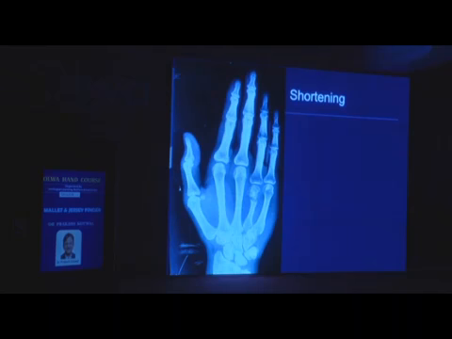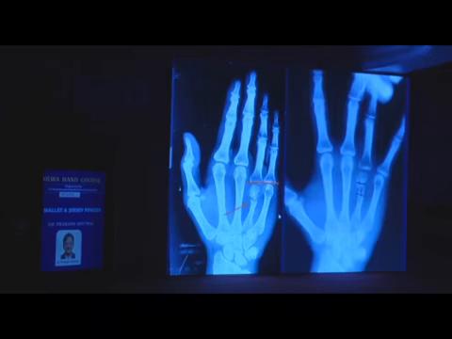Another thing is the shortening, and this is an old fracture, and there is shortening. Now you can see here, this knuckle has moved proximally, and the metacarpal arch is distorted. This is not acceptable. Therefore, this requires an open reduction, restoration of the length, correction of the shortening, and